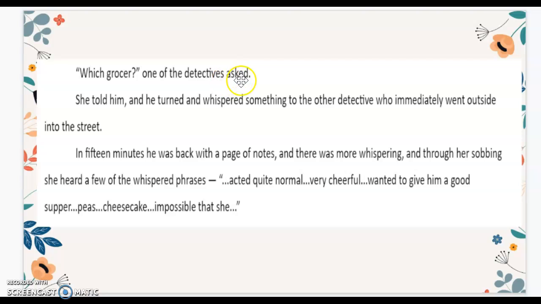"Which grocer?" one of the detectives asked. She told him, and he turned and whispered something to the other detective, who immediately went outside into the street. In 15 minutes he was back with a page of notes, and there was more whispering, and through her sobbing she heard a few of the whispered phrases. "Quite normal, very cheerful, and wanted to give him a good supper. Peas, cheesecake, impossible that she—"